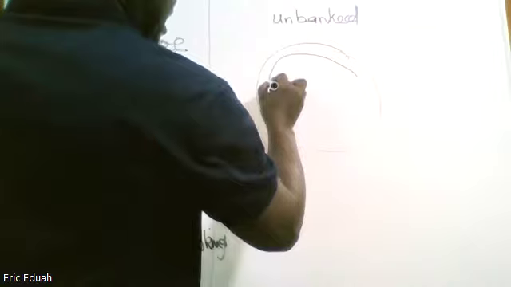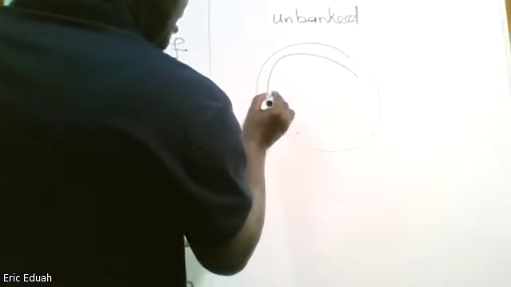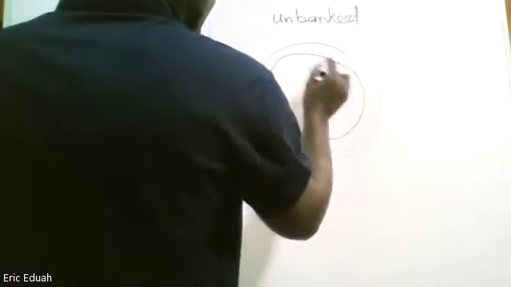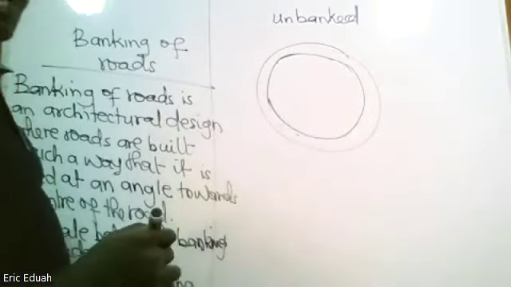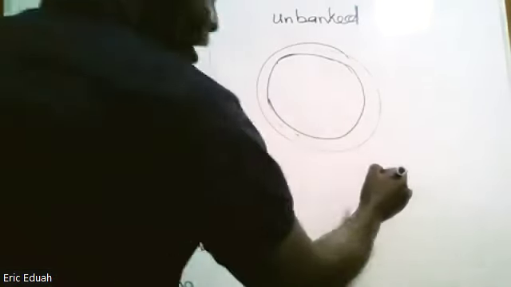The road is circular. It is not tilted towards any angle. So for unbanked, there is no angle. Now, when it is banked,